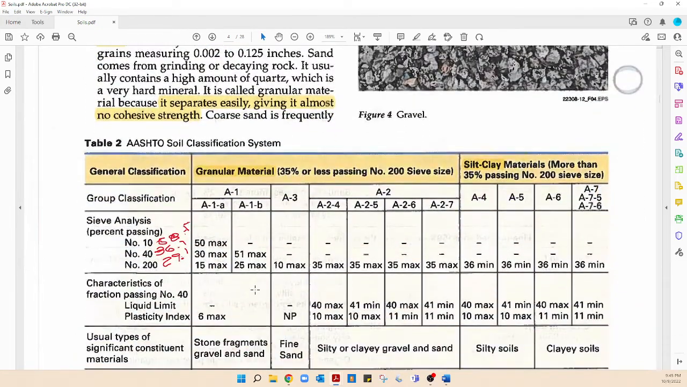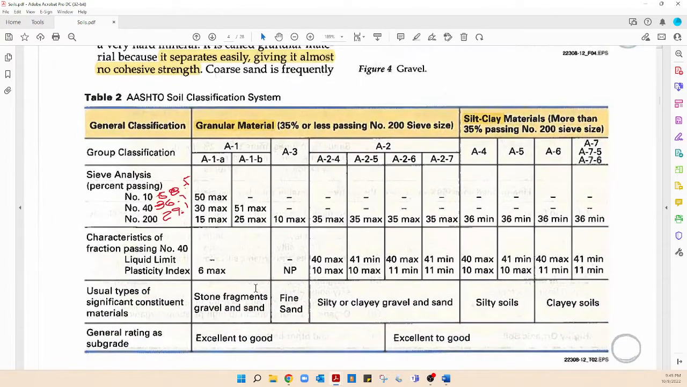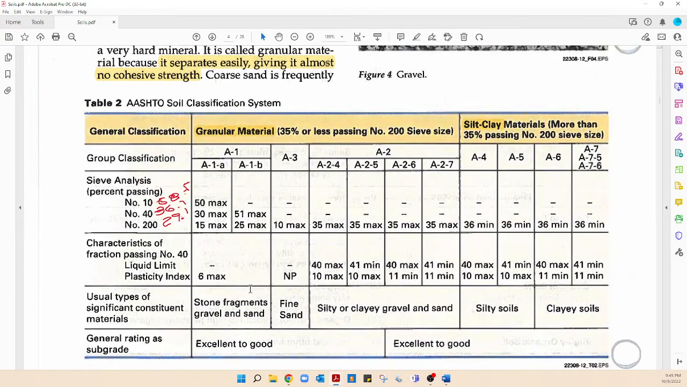AASHTO is, I don't think, as complicated as the unified soil system, but sometimes I can do this and I'll walk away and stay away for a week and come back and try to do it, and goodness sakes, I'm lost again. But when you're classifying soils, and I know I'm taking up a little more time than I wanted, you're going to get a soil sample